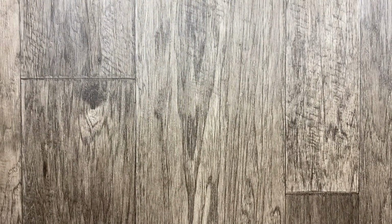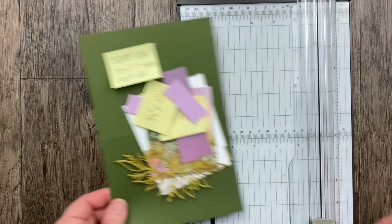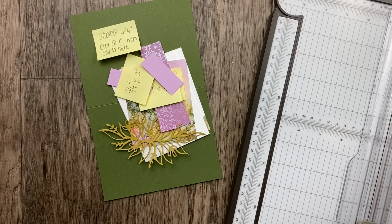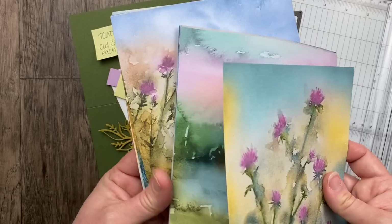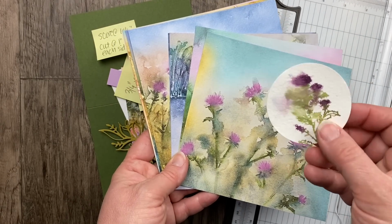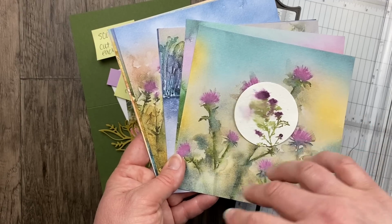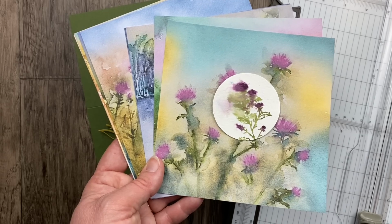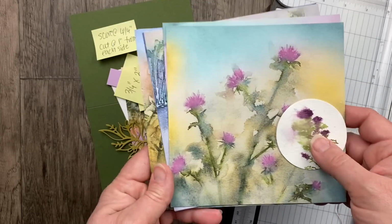Holy cow, yes. All right. So I was really having some fun playing with this, and I was trying to work on a technique. It didn't quite turn out the way I wanted to, but I was inspired by the watercolor imagery here. And so I was trying to do some watercolor and spraying on the paper and getting it to bleed. And this one looks okay, but a lot of my other ones were just a mess. And so I kind of gave up on that technique today, but I am going to use some of the